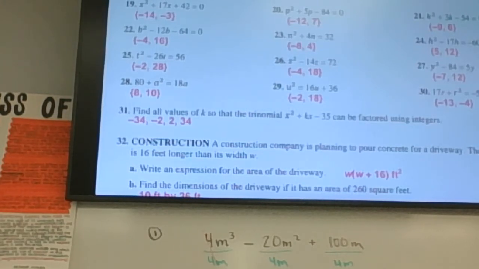Alright guys, let's take some notes on one more thing. So we just did 3 types of factoring. We did GCF, factoring trinomials, and factor by grouping. Today,